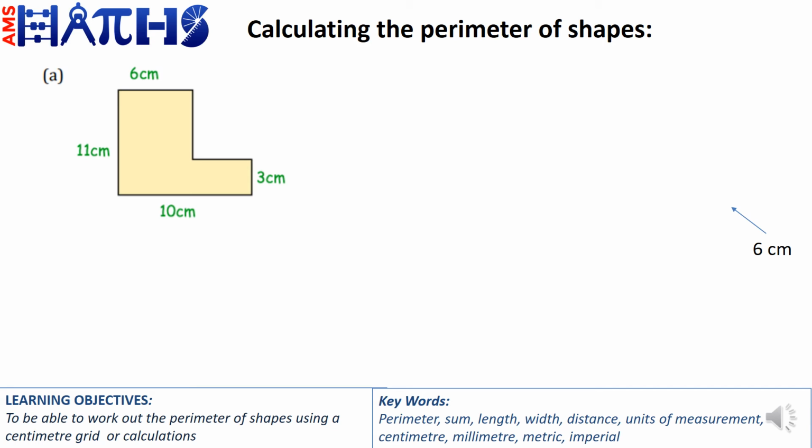For the purpose of the perimeter, we only need to look at the length around the compound shape. And so we have two lengths that are missing, and the first one is 8